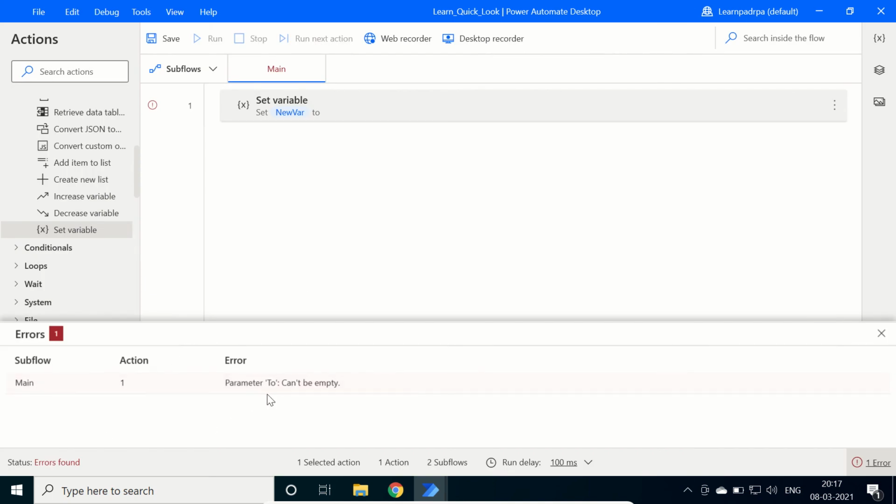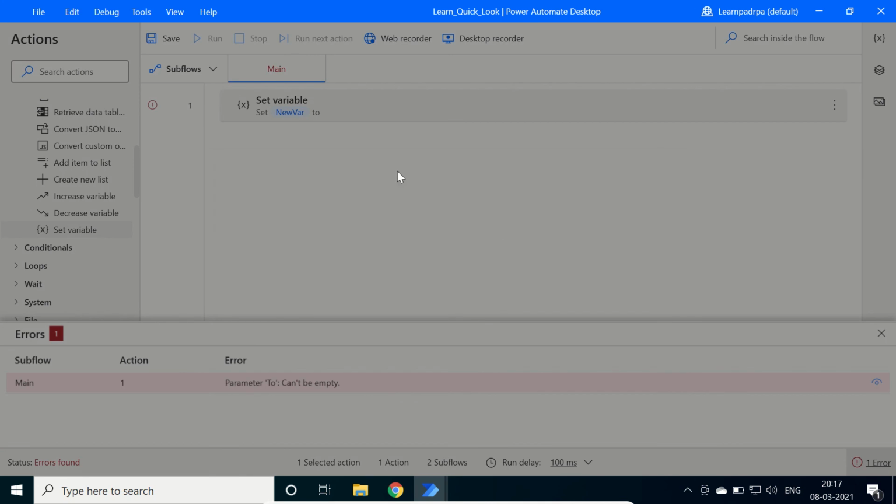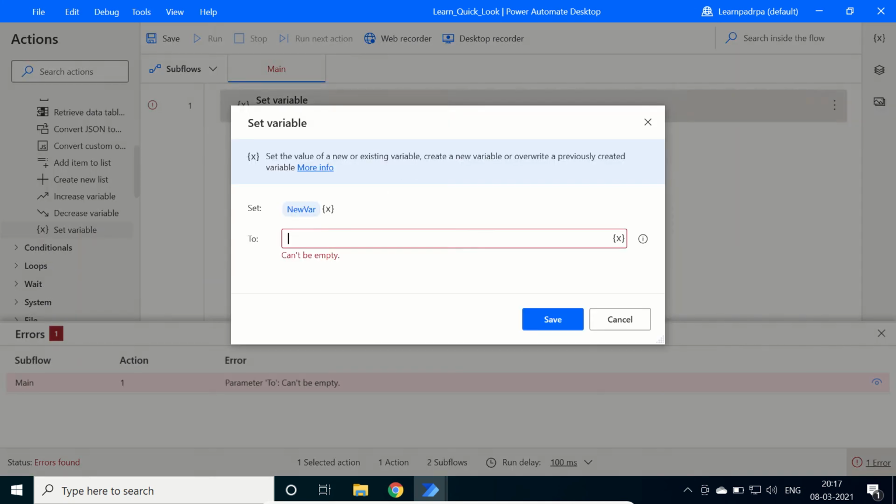It will show the errors like in this line number 1, subflow name main, in action number 1, error: parameter 2 can't be empty. Let's double click on this. See, the error message: parameter named 2 can't be empty. Let's open this. See, the 2, it can't be empty. This is the same error that we have seen in the errors pane.